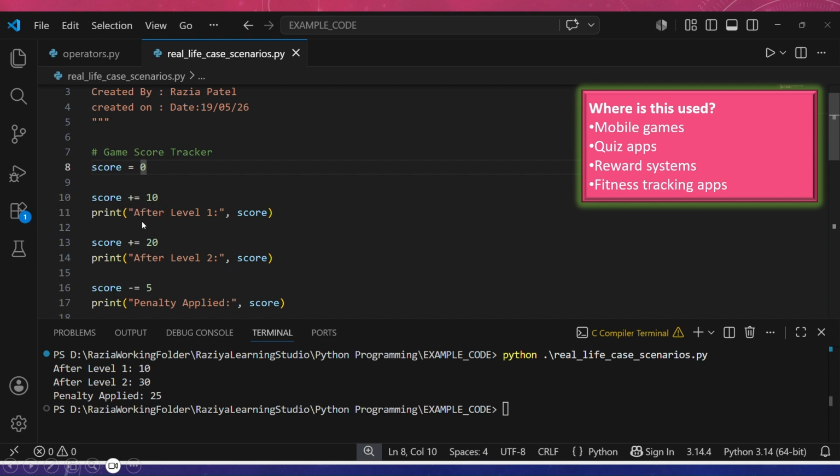Assuming he has finished level 1, score is equal to 0 plus 10, which is 10. The box has 10. Now score is equal to score plus 20. Our score box has 10, so 10 plus 20 is 30. After level 2, it became 30.